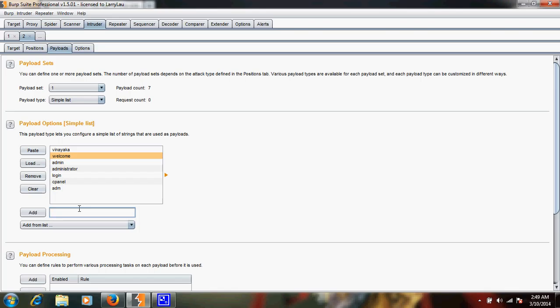These are the admin usernames which I'm trying to check whether they will work or not. After that I will choose payload set 2,